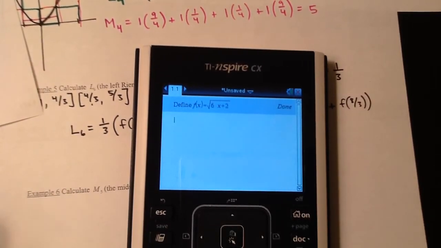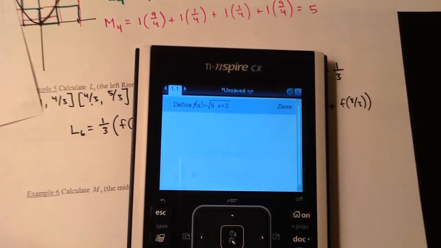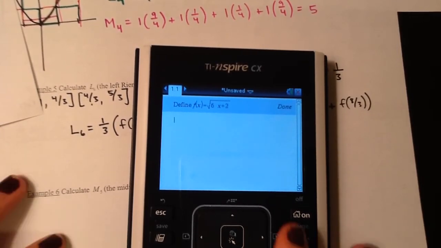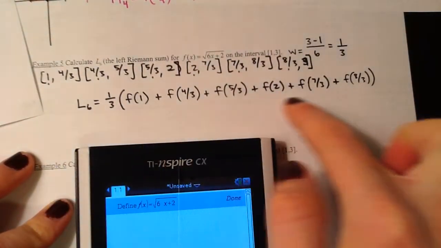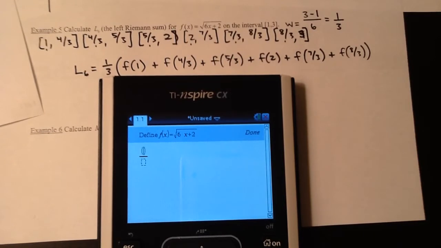It's also definitely possible to just do square root of 6, plug in the 1, plus 2, you can absolutely do it that way. Same with the 4/3, same with the 5/3. If we do it this way though, if you have an Inspire, you can just do f of 1, f of 4/3, which means if you can define the function, you can just plug the whole chain in like this. Okay, so 1/3 out front,